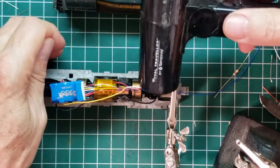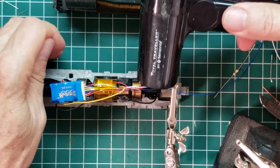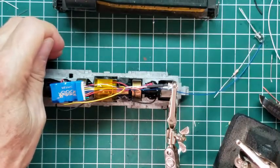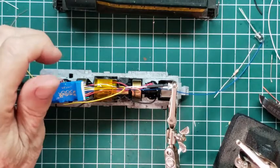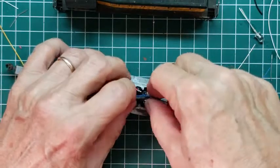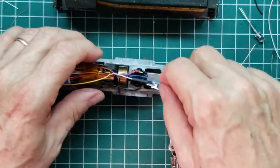Cool, cool, cool. Being careful not to put heat on the LED, because the LED is heat sensitive. Yeah, you knew that, right? Okay, here we go. Now we're going to take this